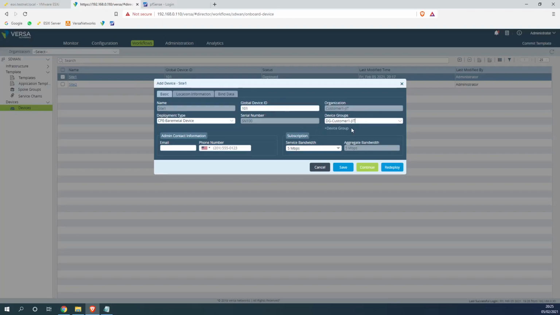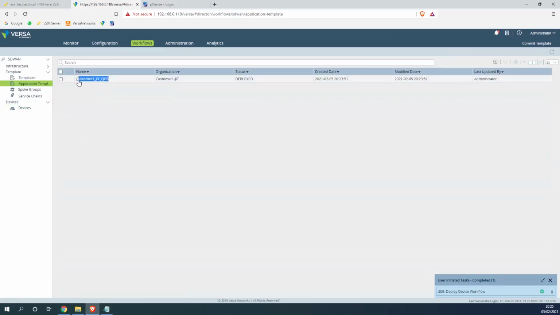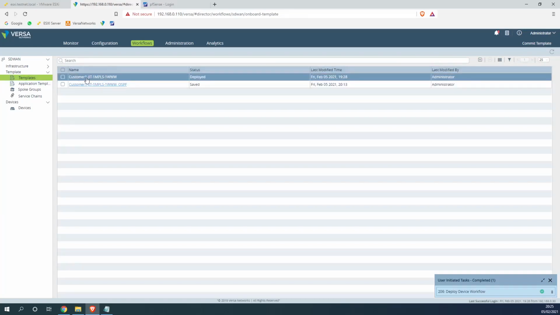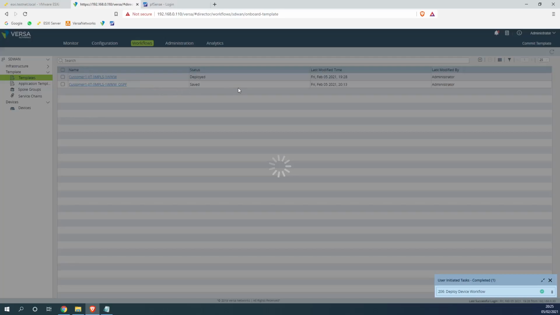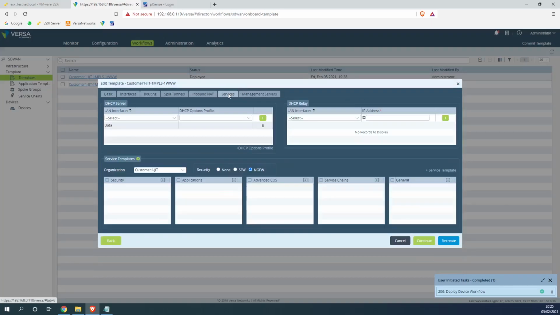I'll just change that to that. Okay, cool. And the template, so we created the template, now we need to associate that template with the application template. So if I just pop up to the device template, and I think it's under services, applications, and then pick the QoS, and we create,